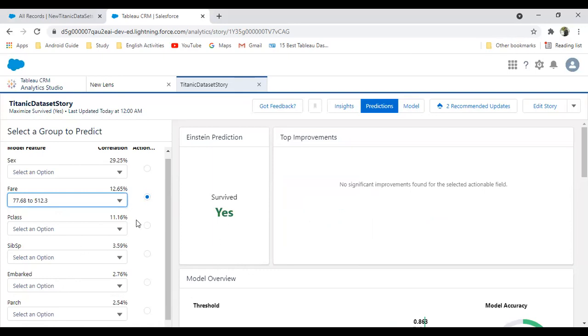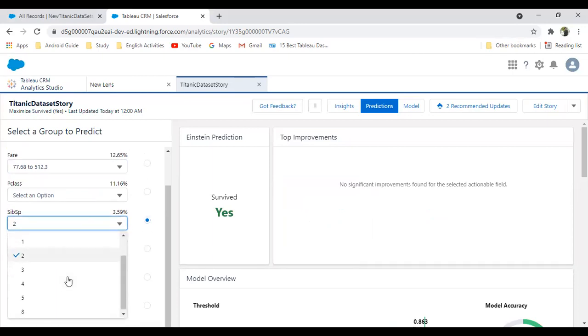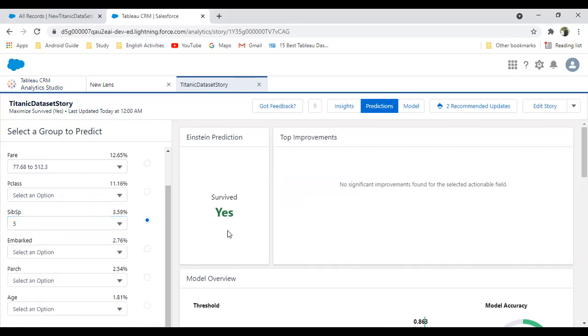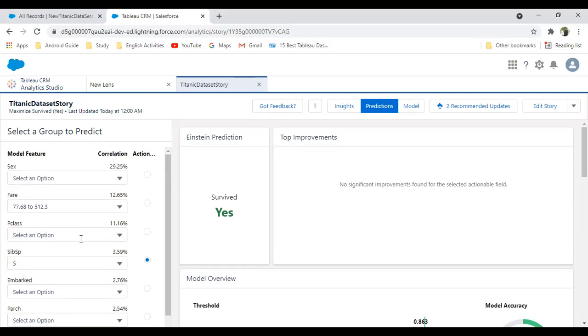Now in this case, along with fare, we would like to check with the siblings. If I have one sibling along with this, will I be able to survive? See, the survival is yes on this one. We can select only one option at a time. And if we have more than one sibling, yes, the survival is there. If we have more than this, so we can see. So basically, sibling is, and we select an option passenger class 3, and sex is.